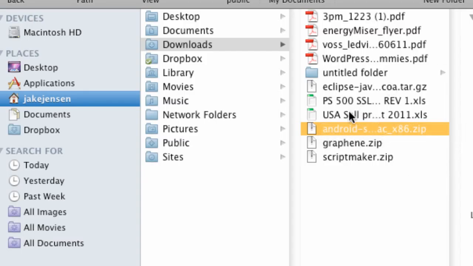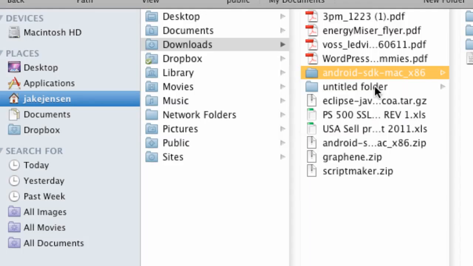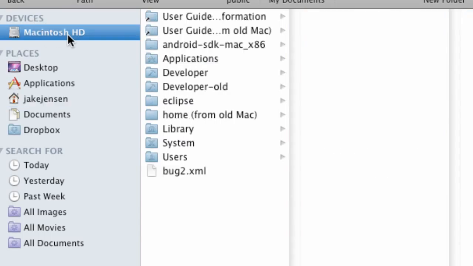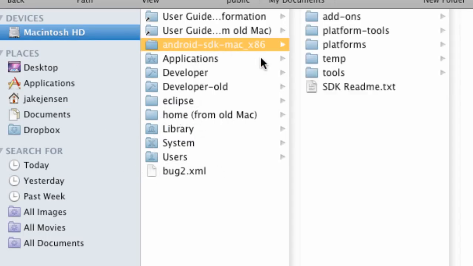So I clicked that, and it basically made a folder right here within the same download folder, and you want to drag this over to your main hard drive, for example your Macintosh hard drive or your C drive if you guys are on Windows. And as you can see, it's right here. What we're going to do now is open this up,